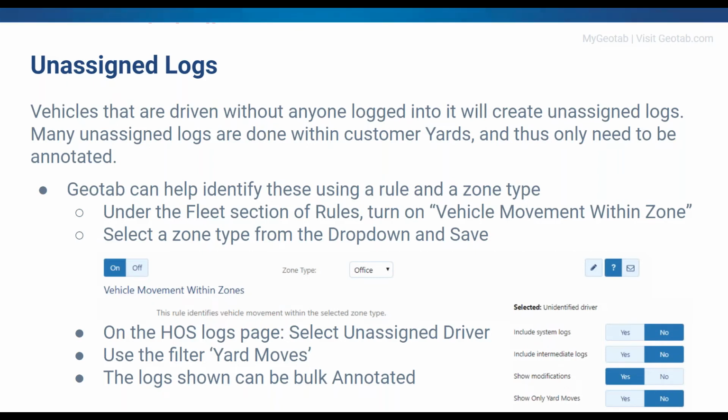And keep in mind, the things that we do now are still going to be in the system for at least 6 months. And if you do a safety audit or something like that in the future, you might still have these logs show up. So it's really important to make sure that you stay on top of unassigned logs, just like unverified logs, to make your life easier when everything goes back to normal.